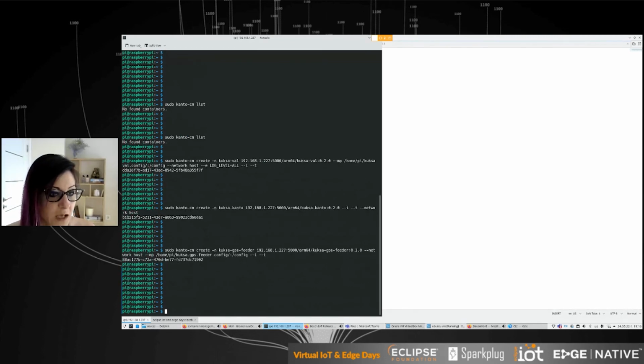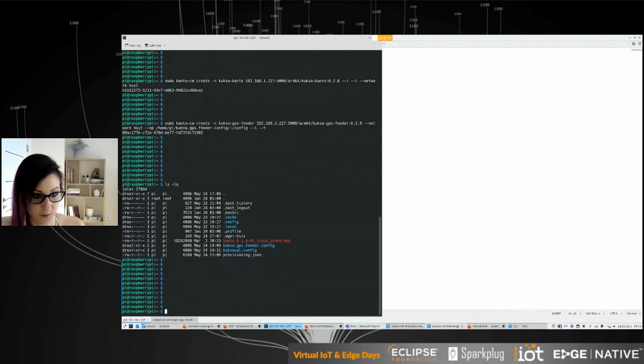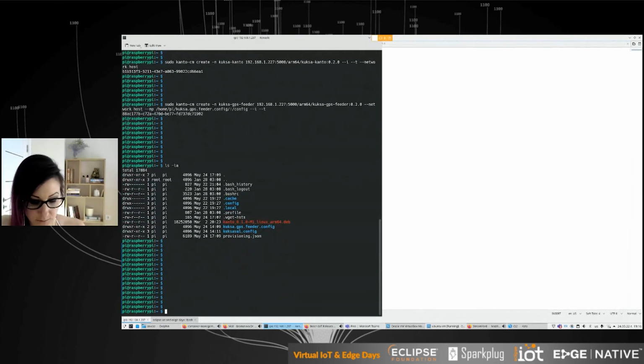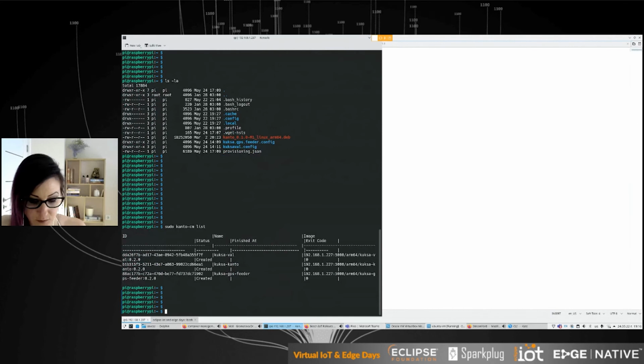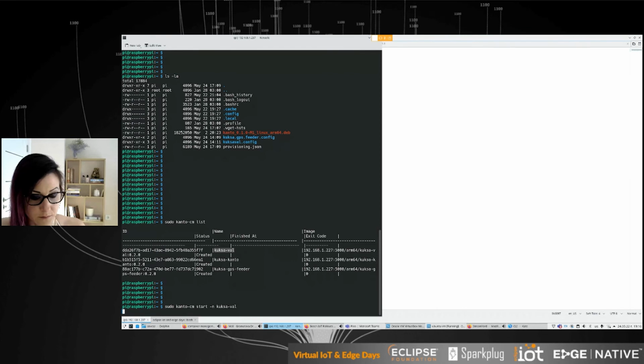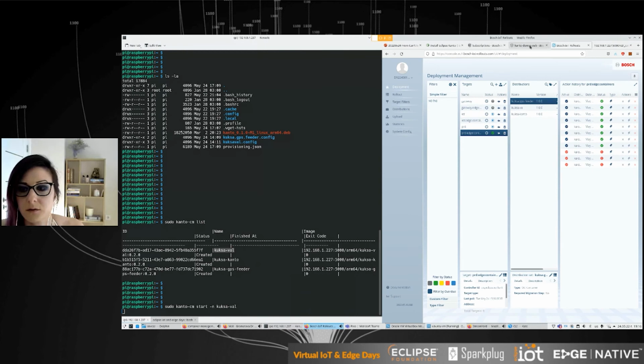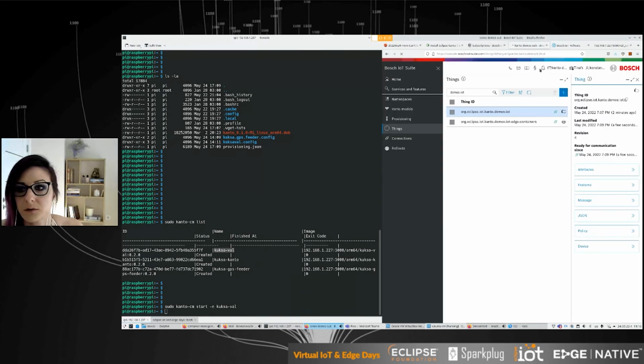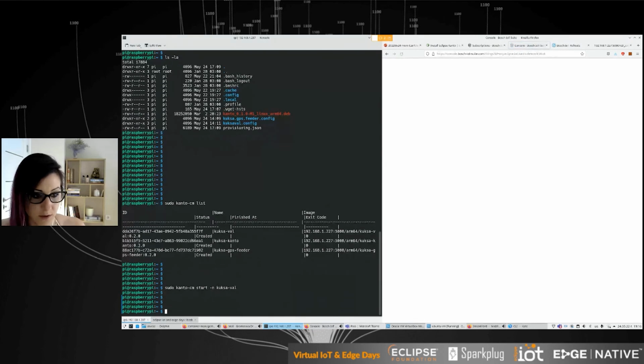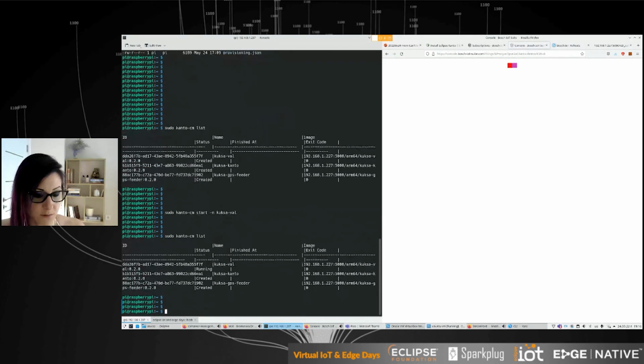Okay, cool. Okay, so now let's see what we have done here. And now let's start the containers one by one. So we're starting Kuxavao. And now let's check out our digital twin. Hopefully, this one is fine by now. Okay, let's list. It's running.